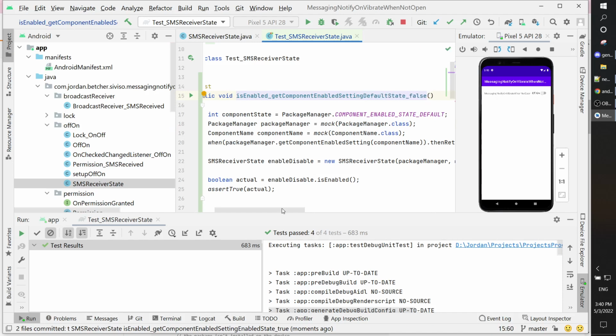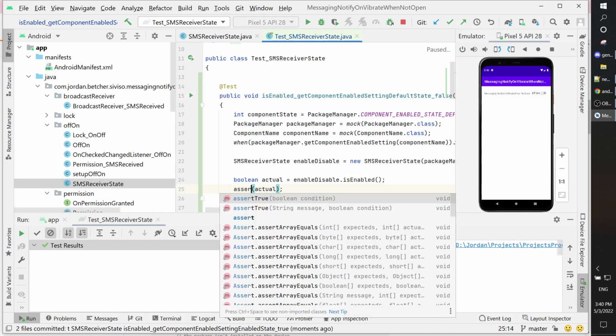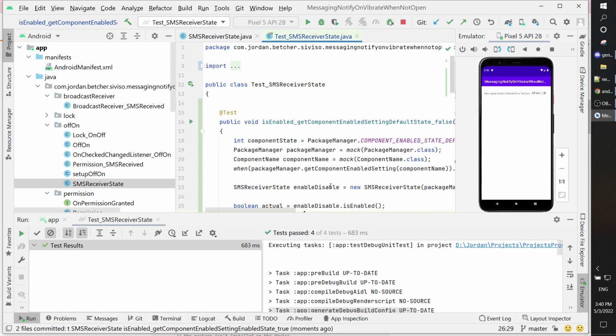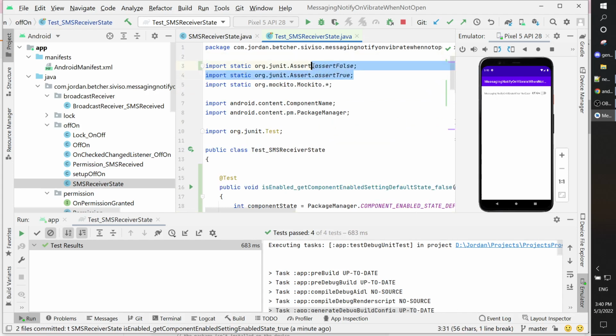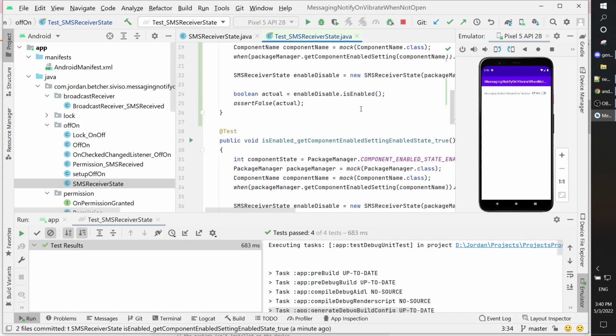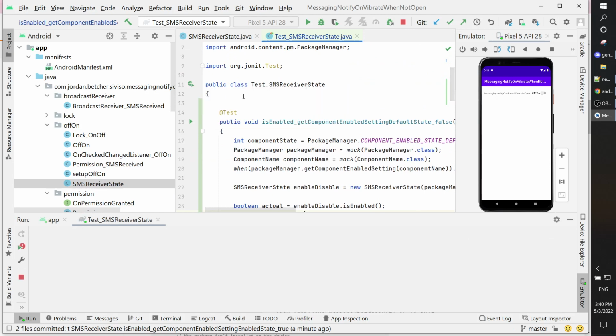Default. Assert false. Let's see. Come on. Let's do like that. Okay. If we run it,